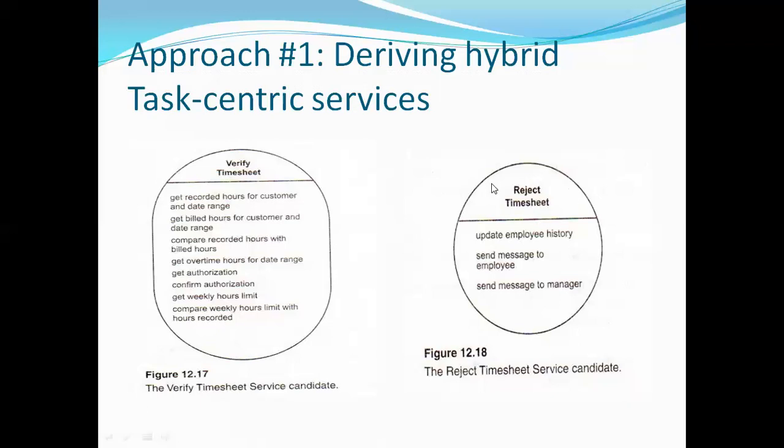In case of rejection, three different tasks are performed. The first is updating the employee history table, then sending the message to the employee, and third is sending the message to the manager. So the task of the timesheet service candidate and the task of the rejected timesheet service candidate: two services and their tasks.